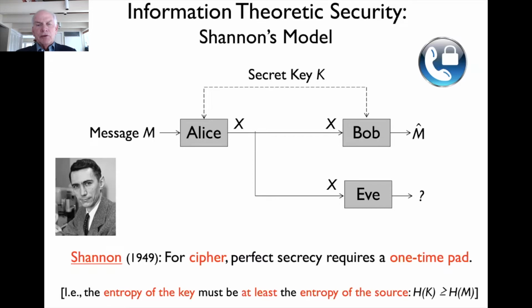Now, in a wireless system, of course, you have to use the wireless resources to transmit everything. So if you're going to transmit a secret key, it has to be transmitted in secret or it's not a key. And if it's as long as the message, you might as well just transmit the message in secret if you can do that. So this is not a practical solution for a wireless network.